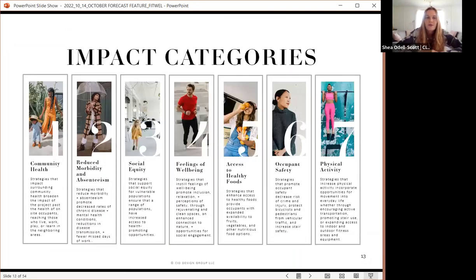Looking at Fitwel specifically here, we wanted to share the impact categories. So we'll share these briefly, but focusing on number one being community health, two, reduced morbidity and absenteeism. That may play a little bit more into Fitwel for more of an office space, but still number two there. Three being social equity, four, feelings of well-being, five, access to healthy foods, six, occupant safety, and seven, physical